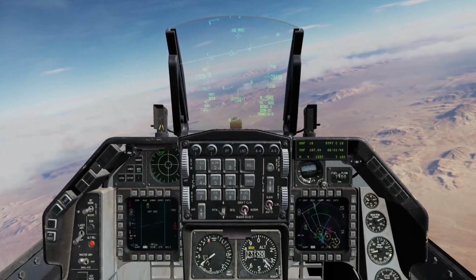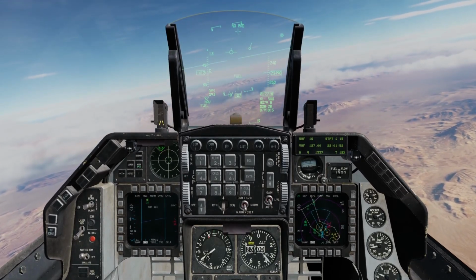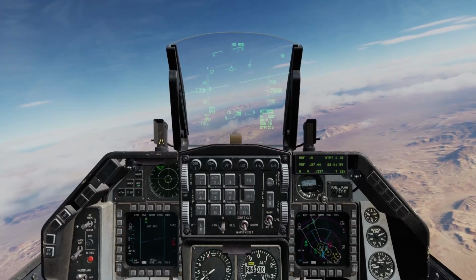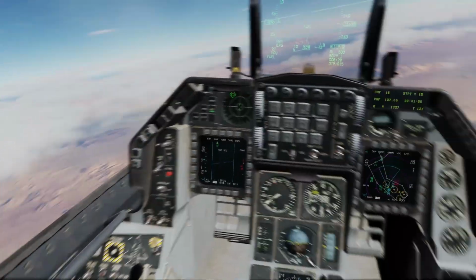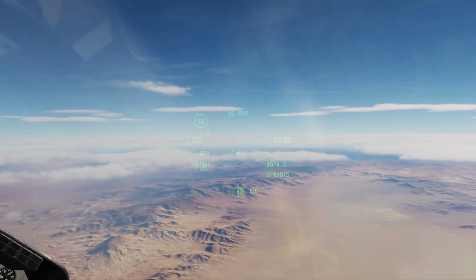Colt 1-1, Dark Star 1-1, Bra 175-419 at 35,000 knots. They're only 19 nautical miles away. I have to face them. Colt 1-1, Dark Star 1-1, Bra